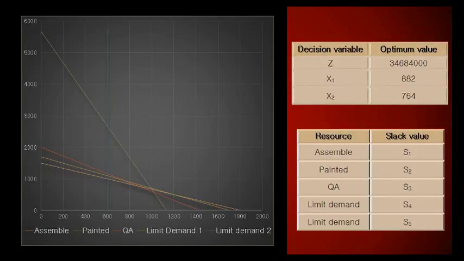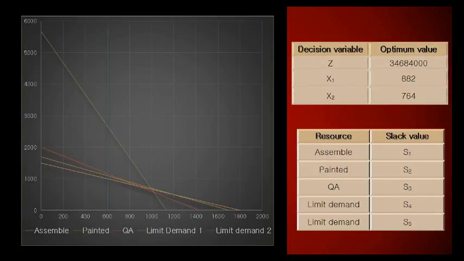The utility is 346,8400 pesos. Manufacture 882 freezers type A. Manufacture 764 freezers type B. The values of the slack variables in the previous optimal solution are 3 hours of assembly time left over,